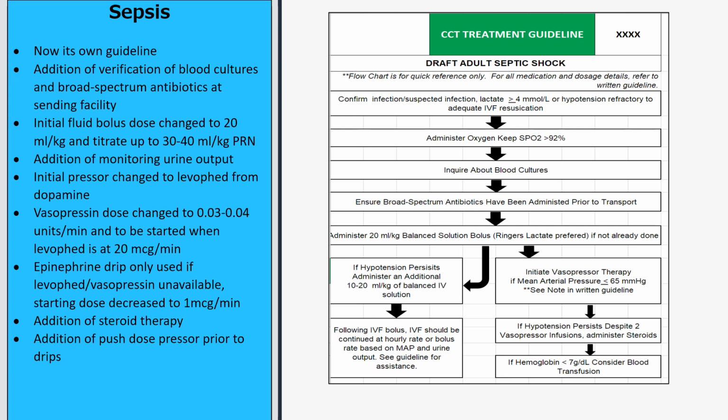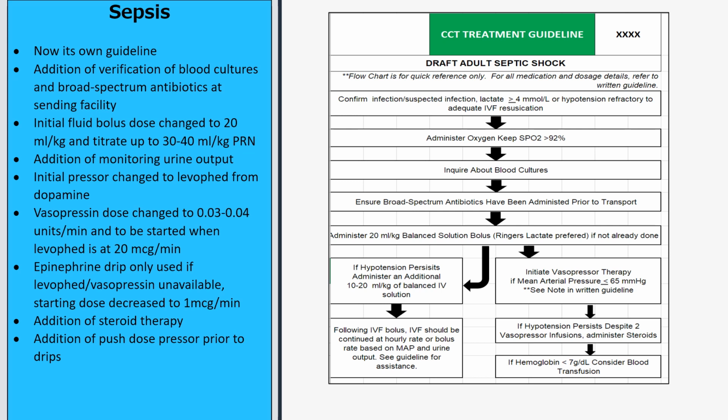If hypotension persists, administer an additional 10 to 20 milliliters per kilo of balanced IV solution. Following the IV fluid bolus, IV fluid should be continued at an hourly rate or bolus rate based on the MAP and urine output. See guideline for assistance. Going down the right-hand side of that chart,